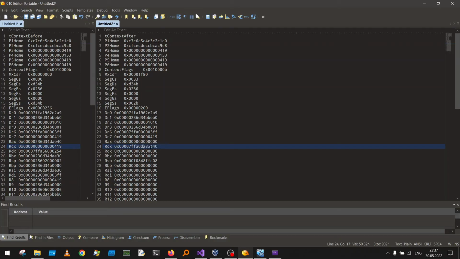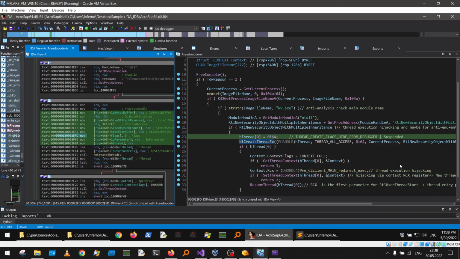Check the relative virtual address 3540. So it means that our module, because ASLR was already enabled, was loaded on the address 7FFA0D2A0000. So we can just grab this address, go to IDA, and we can rebase it,